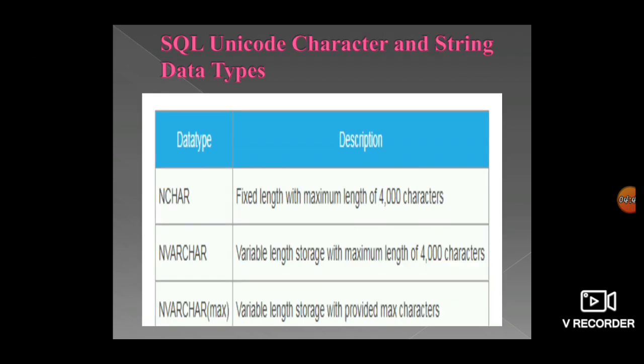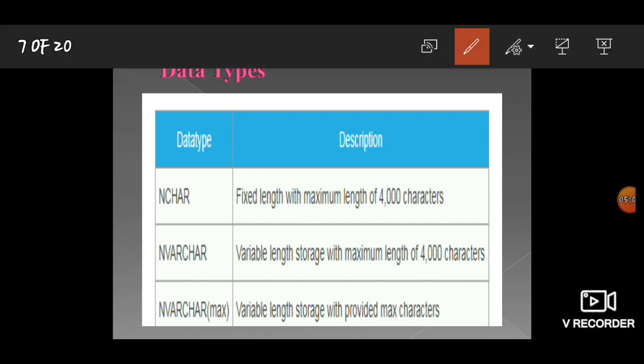In the next one we are going to see Unicode character and string data types. Here we prefer data types like nchar, nvarchar, and nvarchar(max). Here we have a different length for every type.